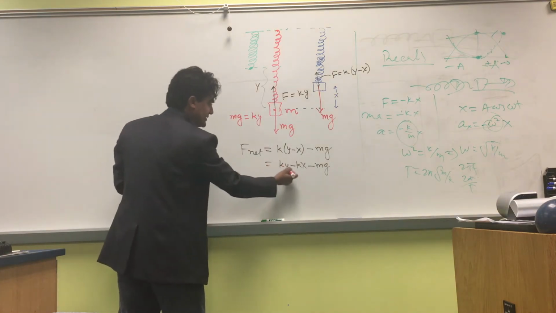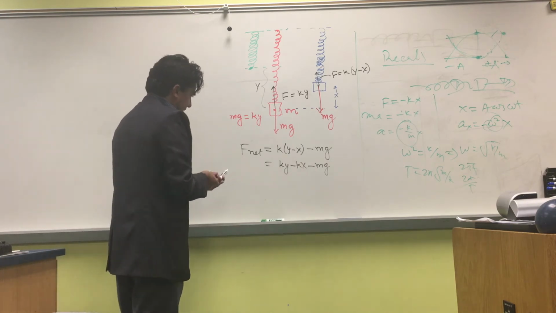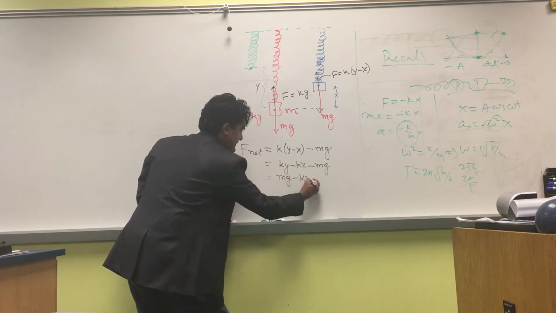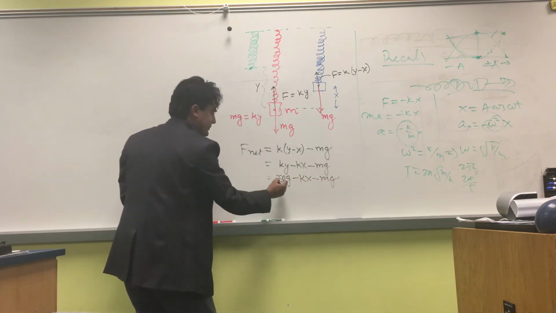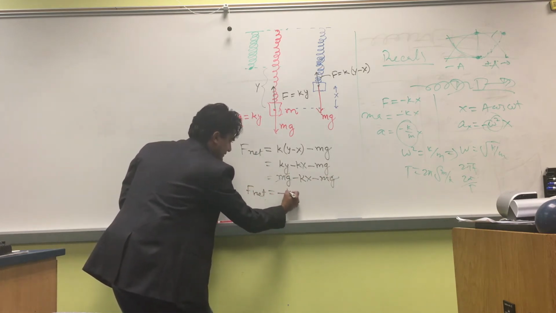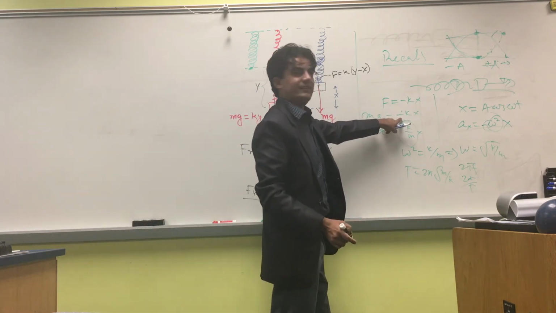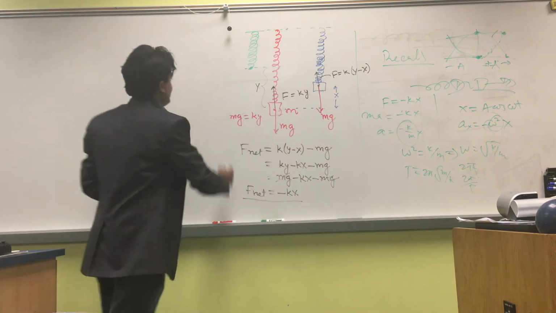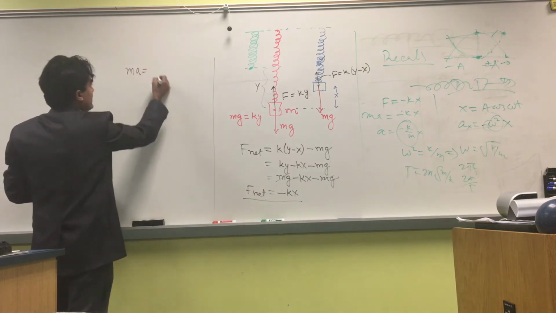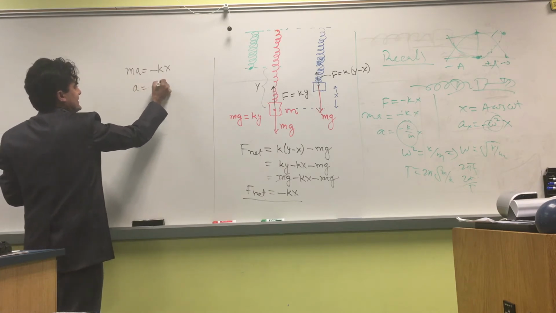So what you do is you replace this ky with your mg. Now what happens there is, this will be mass times gravity minus kx minus mass times gravity. This will cancel, and your F net is minus kx. Again, it is the same thing as here. So let me change it here. Your force is what again? Mass times acceleration is negative of kx, or in other words, acceleration is negative of